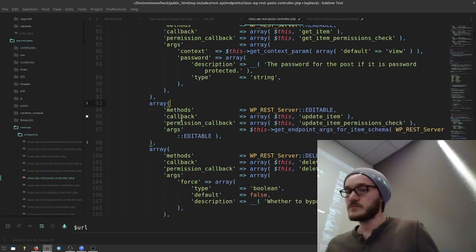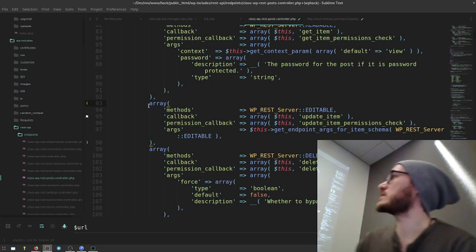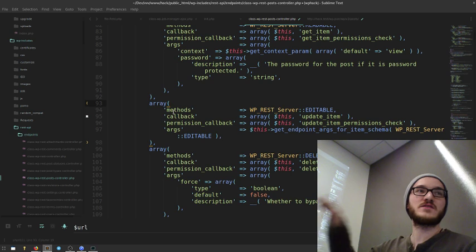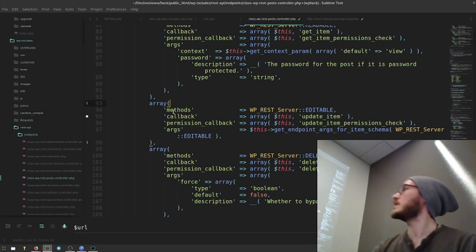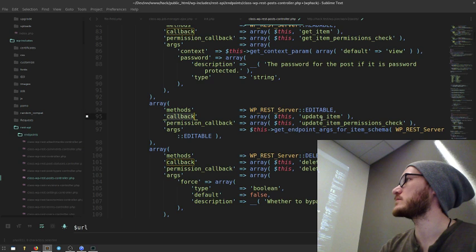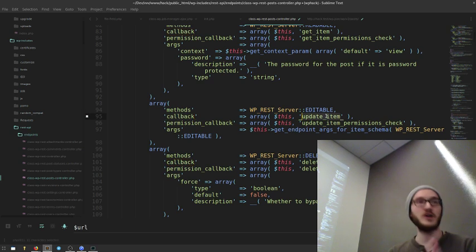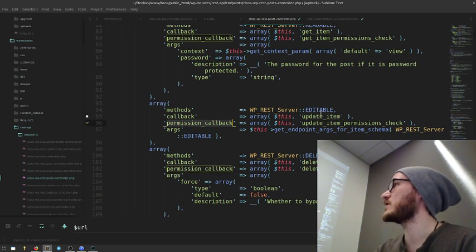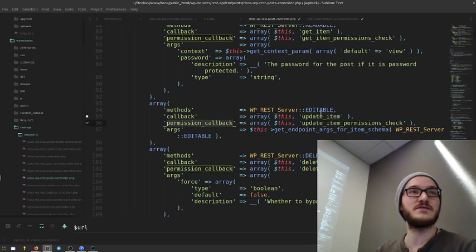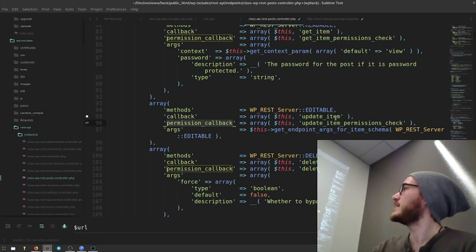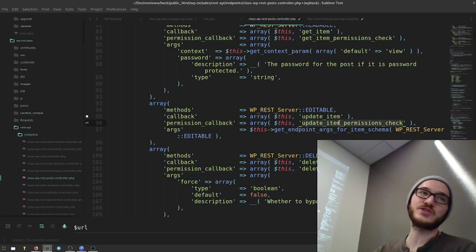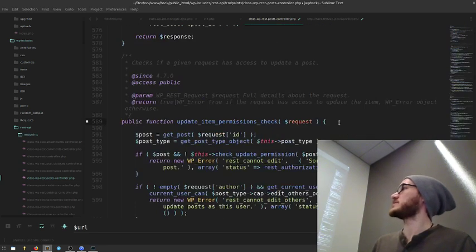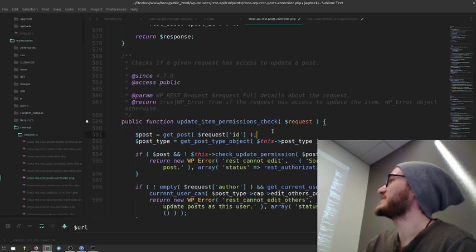Here's where it gets registered. Here's where all the functions get registered. Here's where the REST API takes off with an update. You'll see here we've got this callback, and that's just going to call the function update item. But before it does that, it's going to do a permissions callback. And that permissions callback, which we haven't seen issues with permissions checks before, is just this update item permissions check, right? So they have a permissions check in there. It's just not a very good one. So what does it do? Right away,